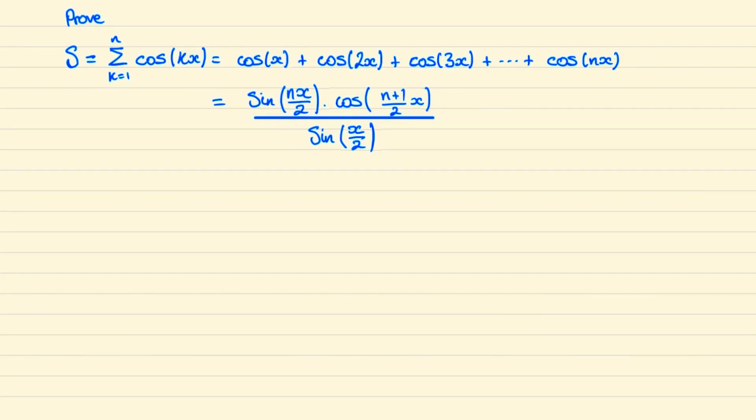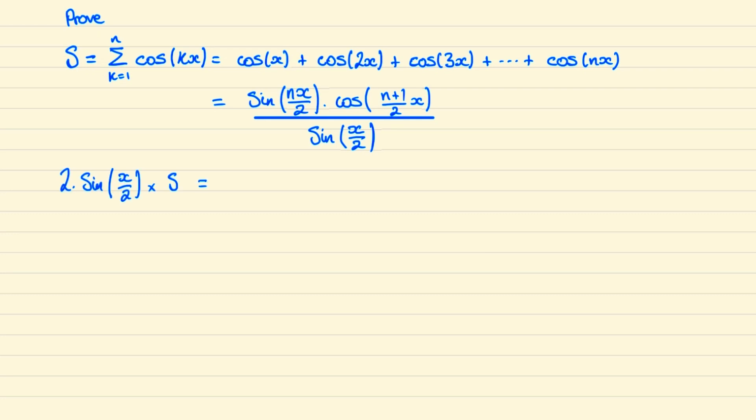Hi everyone, I want to show you two different methods in which we can prove this series. The first one we'll do by producing a telescoping series, and in the second one we'll use complex forms. So looking at the first method first, what we can do is multiply S by 2 sine x